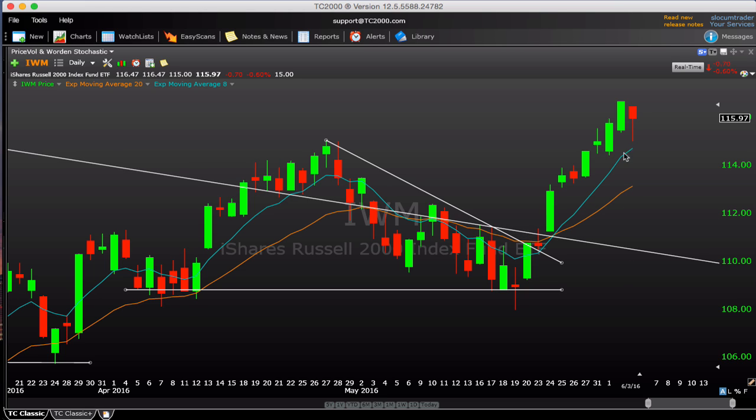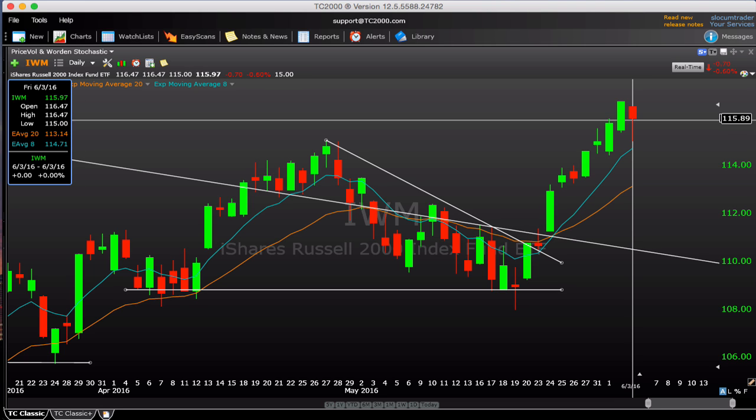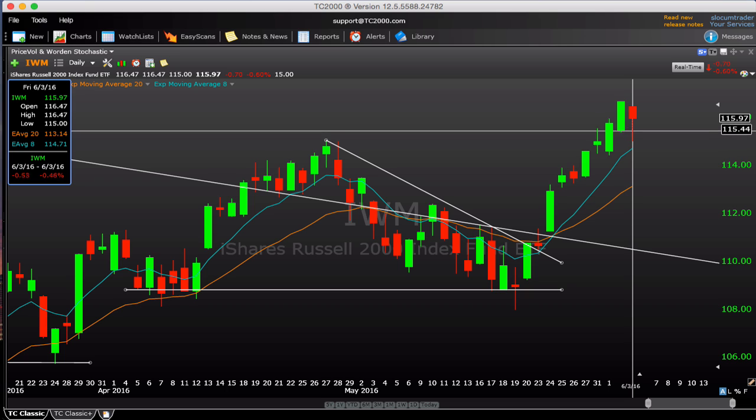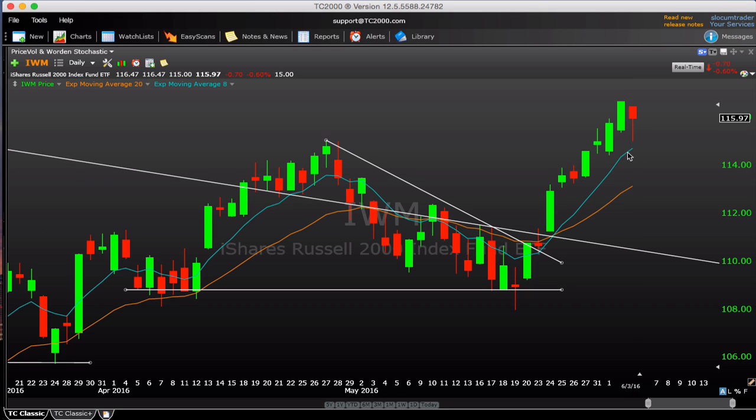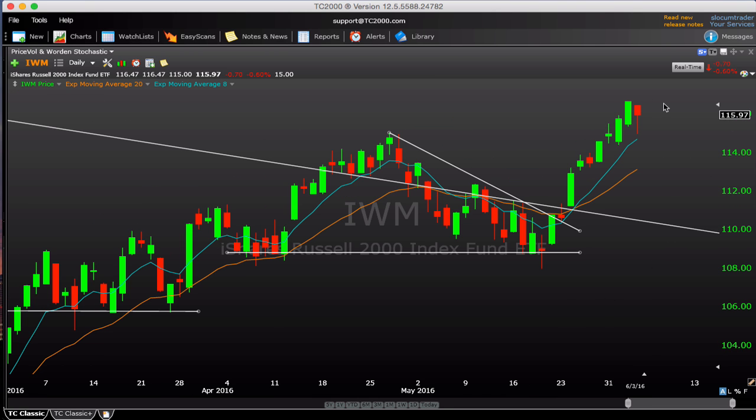As far as the other indices go, very similar comments here. You can see IWM has a different look to it, certainly more pent up here. We didn't keep hammering on the same kind of level. It did make progress basically all week. We undercut Thursday's lows today on Friday, but we did recover off of them. You can see we're still pretty stretched away from some of these fast-moving averages. So I like the action here in the risk appetite index there.